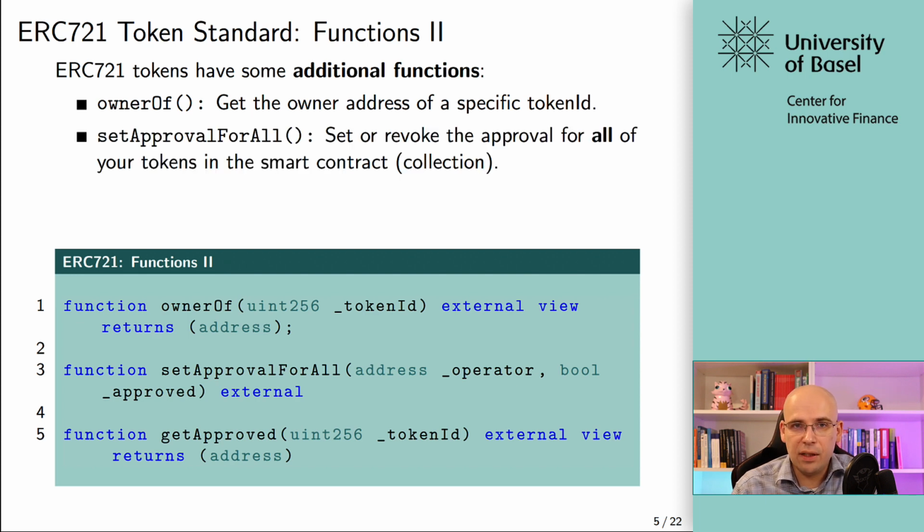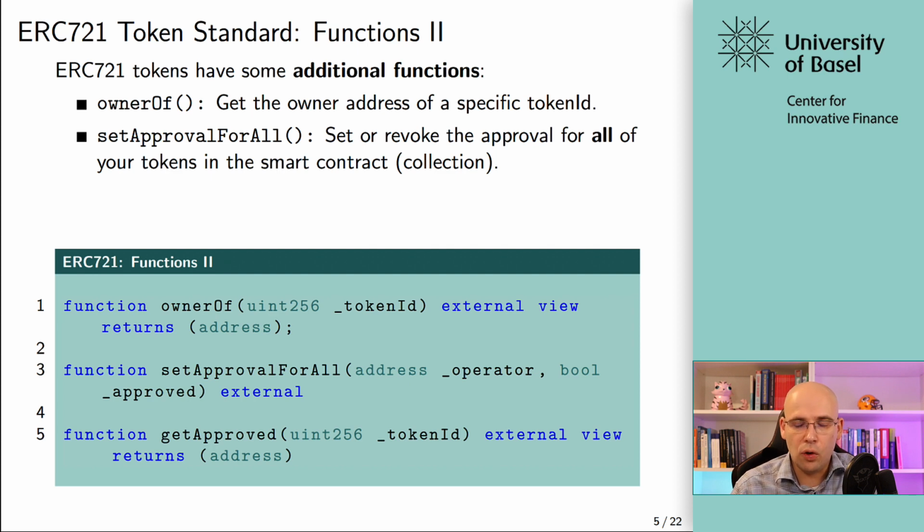The second one is setApprovalForAll. This is used to set or revoke the approval for all the tokens, all of your tokens in that specific collection. And this is an important concept when we talk about a collection. Again, I'm not a big fan of that word. It's not too intuitive, but it's standard, and it means all of the tokens of a given NFT contract. So when there is an NFT contract, for example, with, let's say,